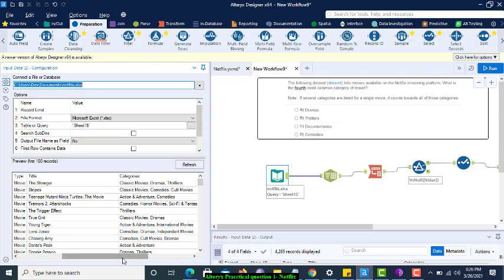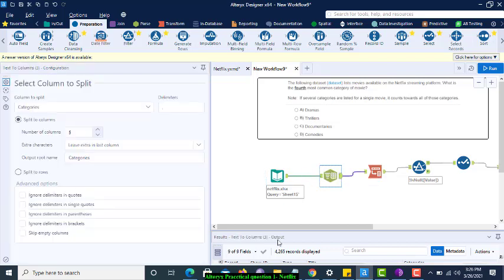So what we have to do first, because we have to get a count for all these categories, is use text to columns, so we put each value in a single column.